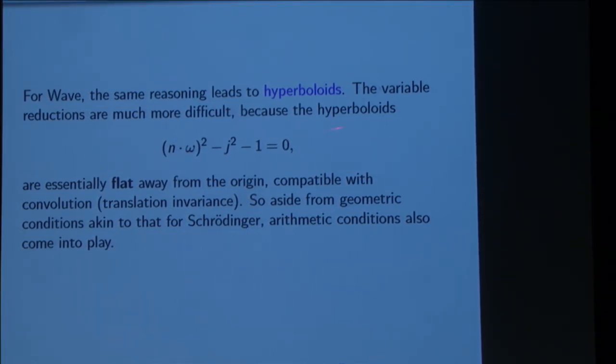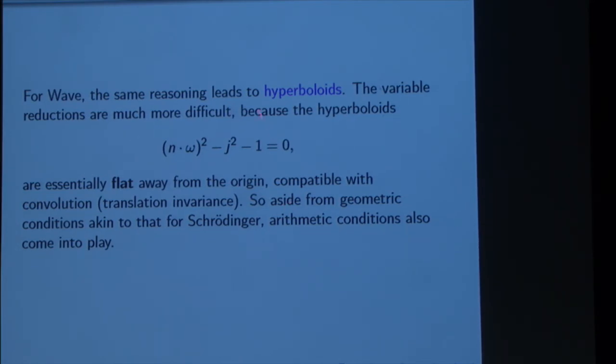You have the square root of j squared minus 1. So you approach a cone. The cone has only one degenerate principal curvature, so the others are good. What does flat mean? This curvature vanishes in one direction, so in that direction it is flat. You see this in the reduction actually.